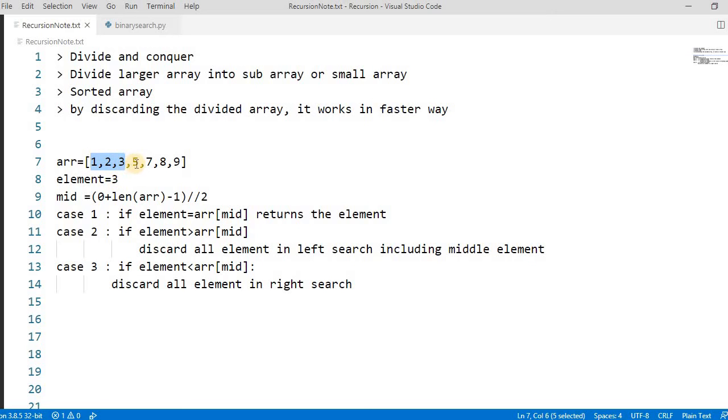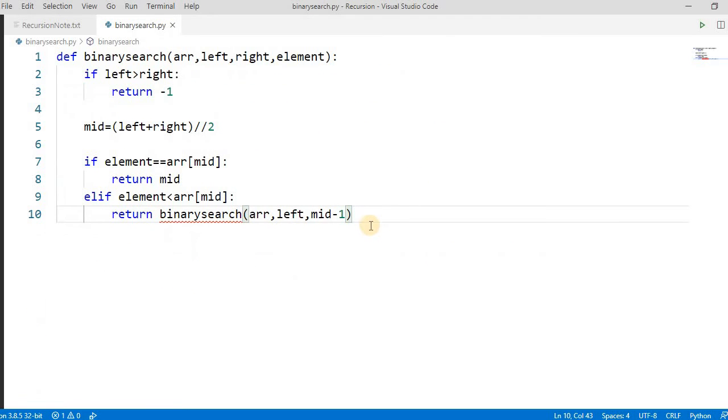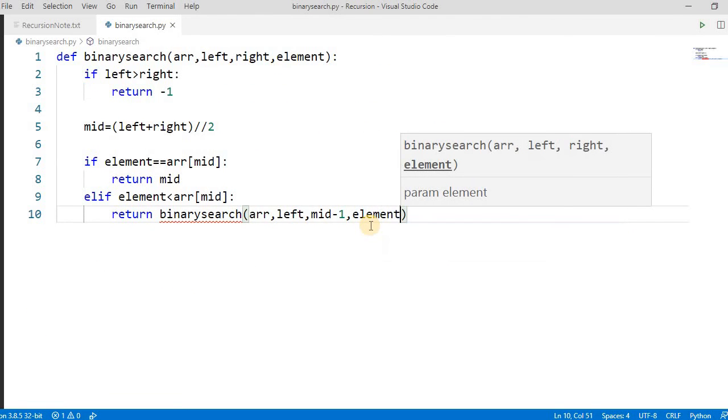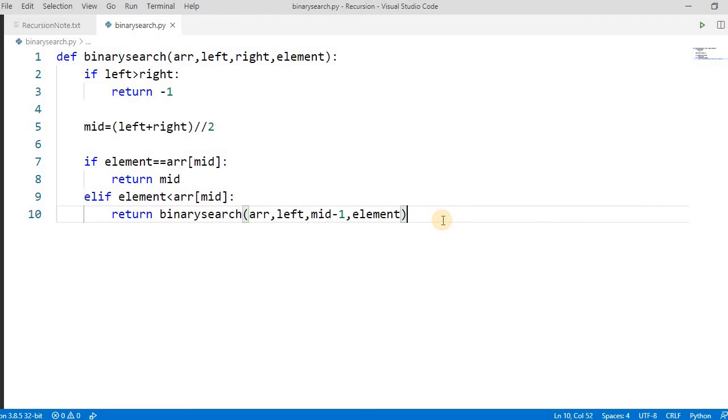Here, this one is the middle, so we have to pass only 3, right? So 0, 1, 2. We have to not pass the 3. So here it becomes mid minus 1, and the element needs to be the same because we have to find this element. Okay? Else